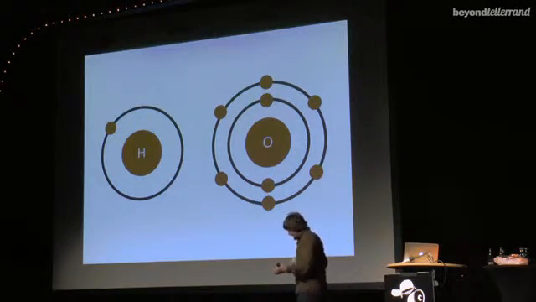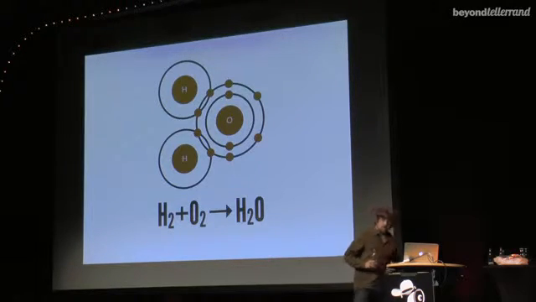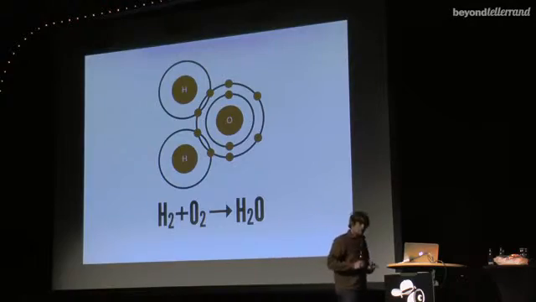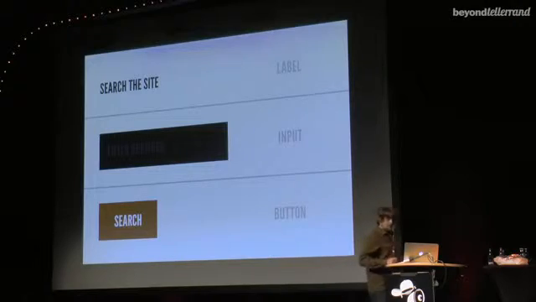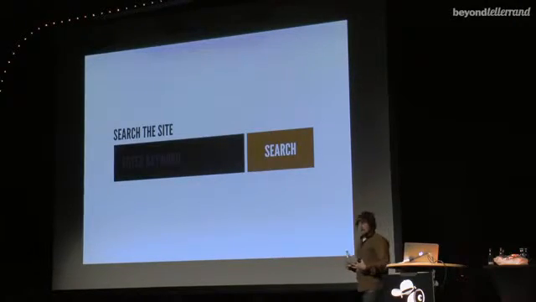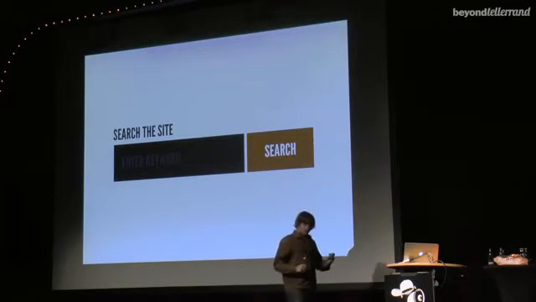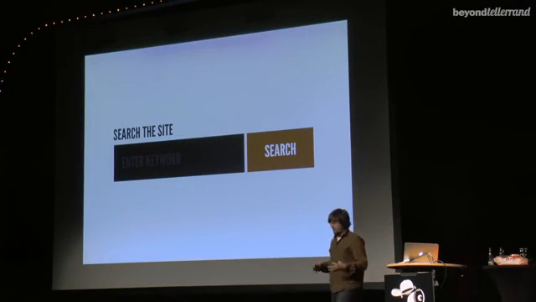So we have these elements, and they combine to form these molecules, which take on different characteristics. They have their own unique properties, right? So whenever we apply that to the web, we have these three distinct elements that all join together to serve a purpose, right? A search form is born. And this thing can do something now, right? It's not just an element, atom